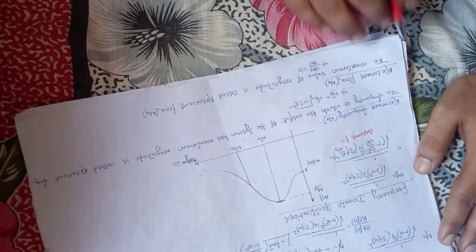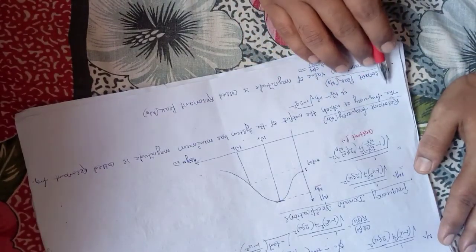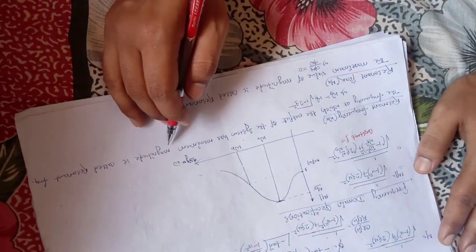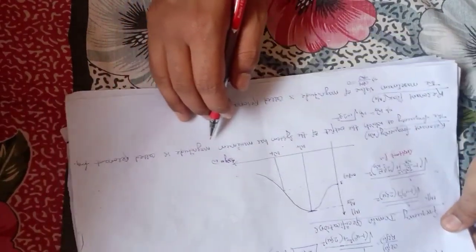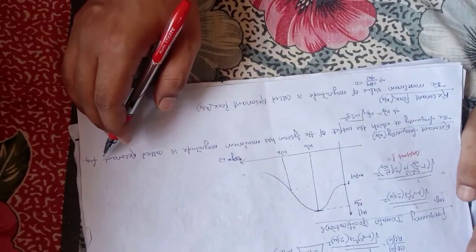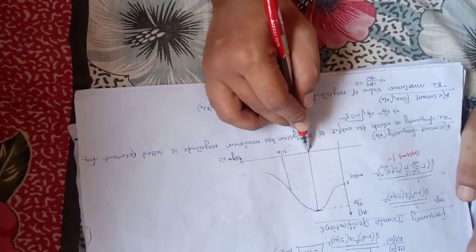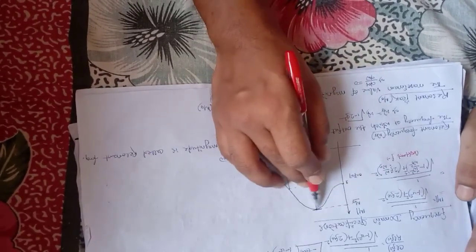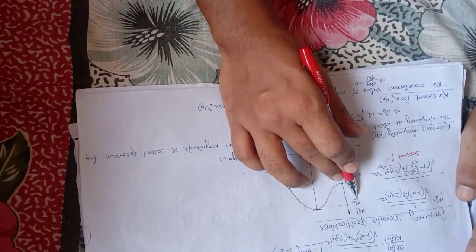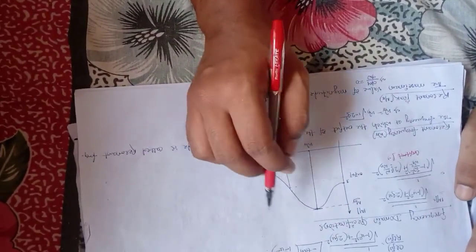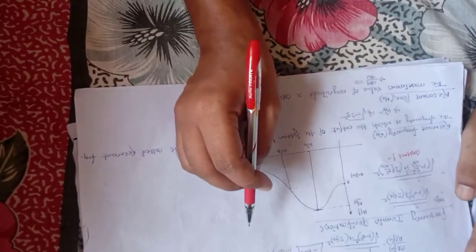What is the definition of resonant frequency? The frequency at which the output of the system has a maximum magnitude is called the resonant frequency. That means the frequency omega r at which the amplitude is maximum, the magnitude is maximum, is called Mr. The derivation is not part of your syllabus, but I can give a brief description.